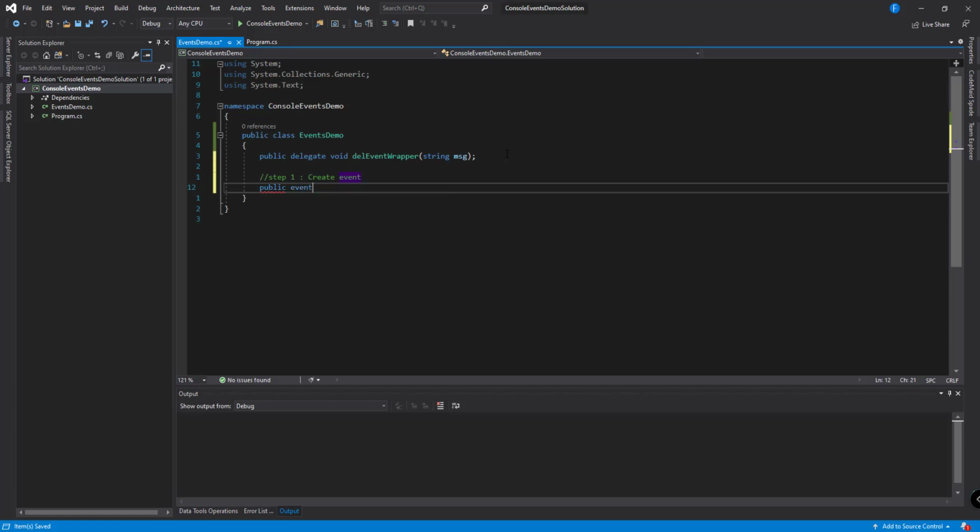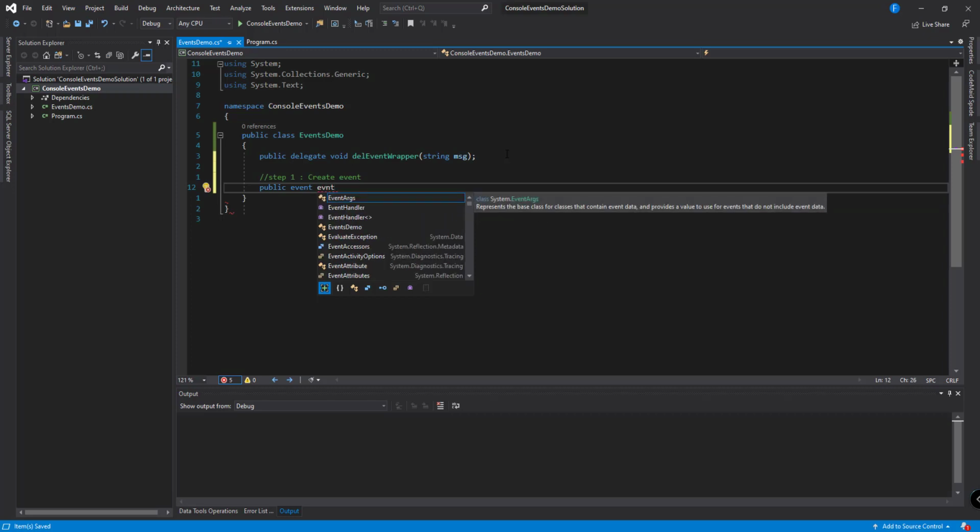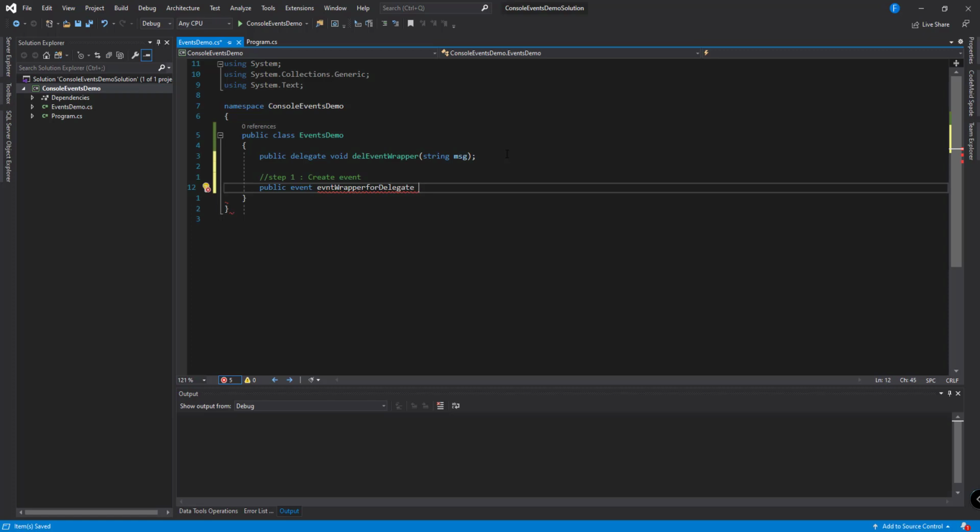Public event, wrapper for delegate. To make it a delegate wrapper event, just give the delegate name, and now we have an event created.